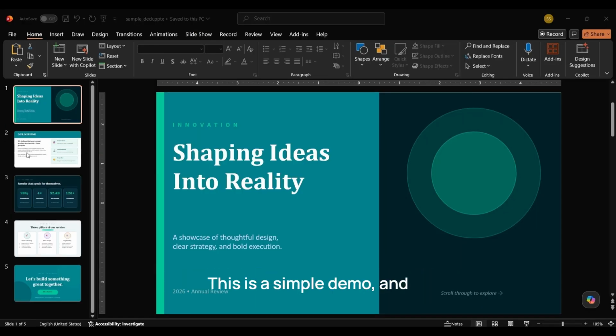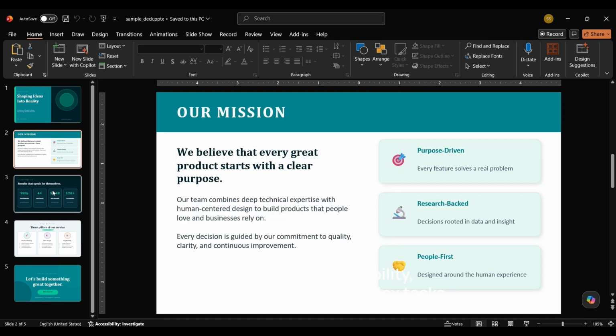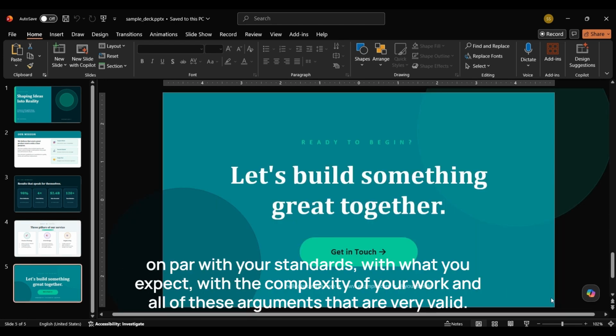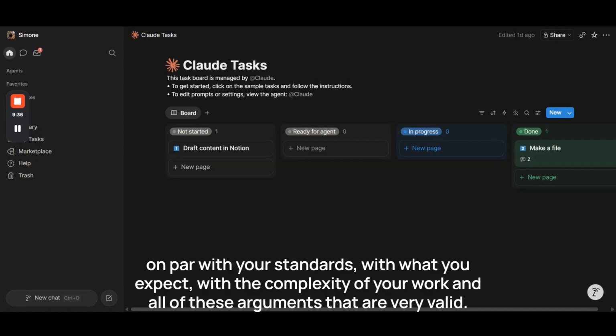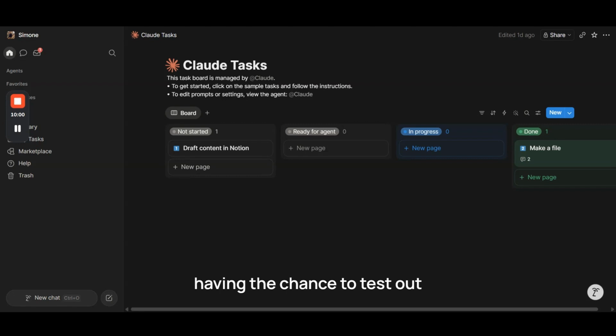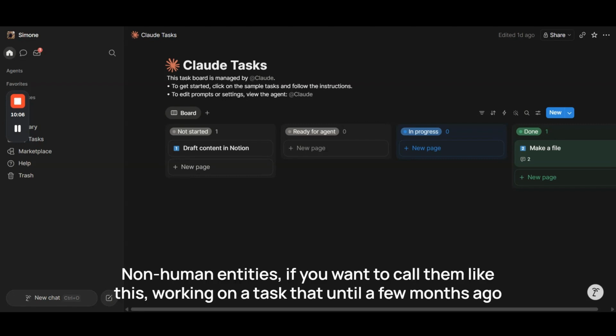This is a simple demo and has quite a bit of variability, especially with more complex tasks. And I understand that it might not be on par with your standards, with what you expect, with the complexity of your work, and all of these arguments that are very valid. And at the same time, we must acknowledge the interesting nature of such innovation, of essentially having the chance to test out non-human entities, if you want to call them like this, working on a task